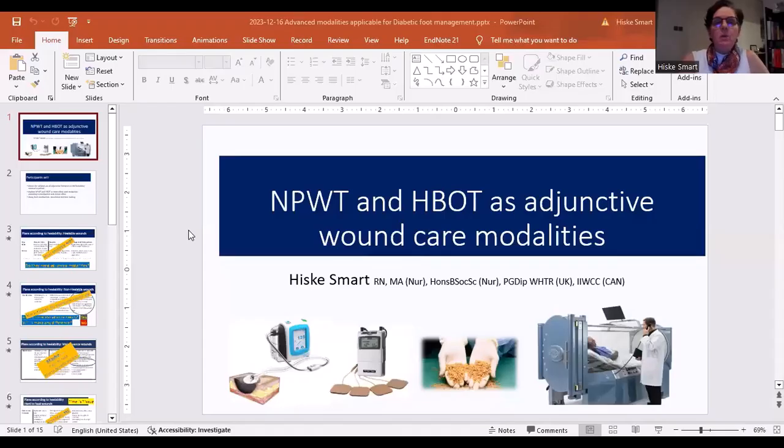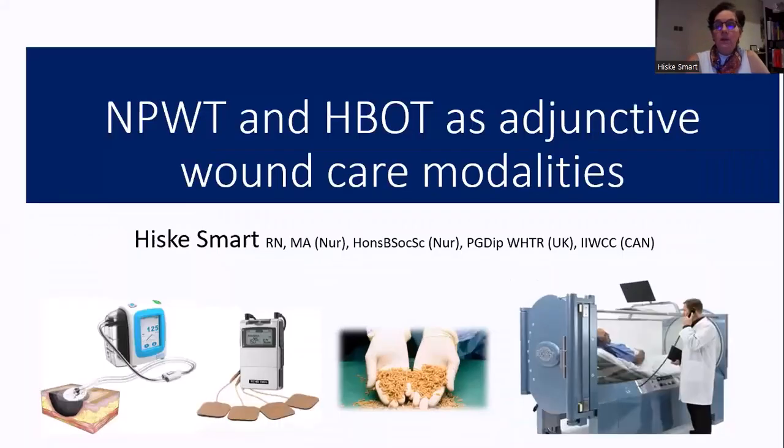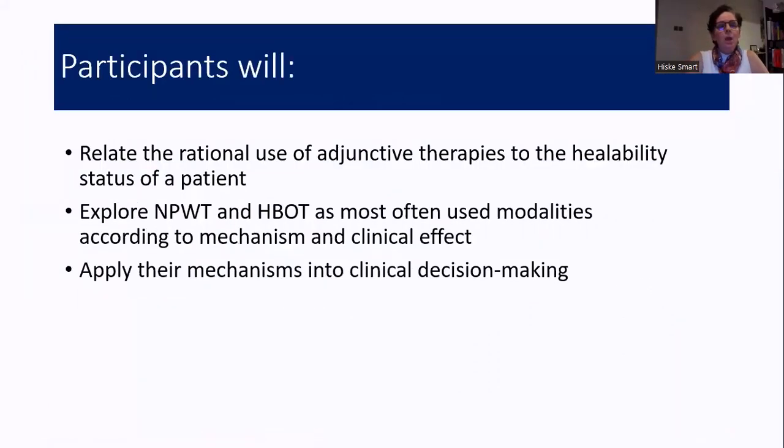So in this segment, we are going to have a look at the application of advanced modalities and see how we need to apply that according to healability and according to the mechanism of the modality that we are planning to use. So we are going to look at the rational use of adjunctive therapies in relation to healability, and just look at negative pressure wound therapy and hyperbaric oxygen therapy as examples and apply their mechanism, clinical effect into